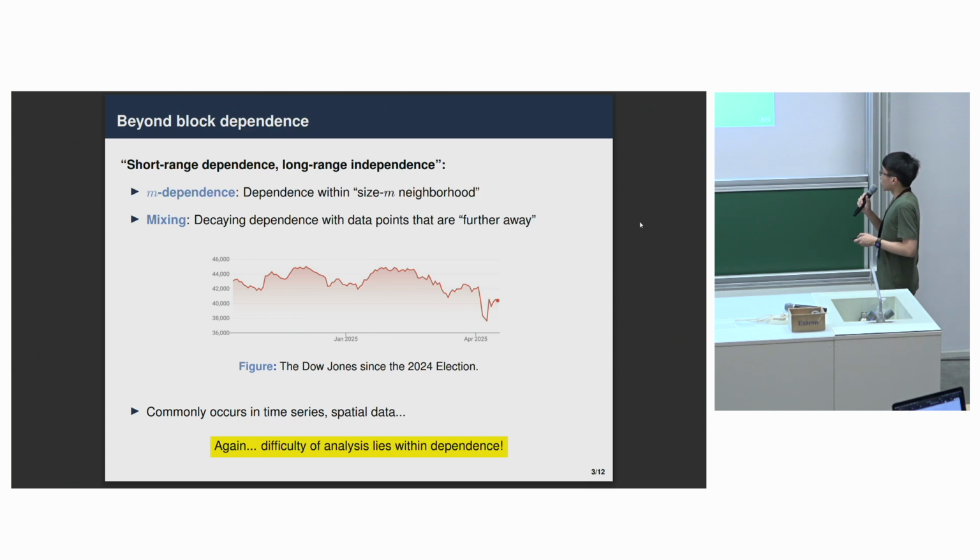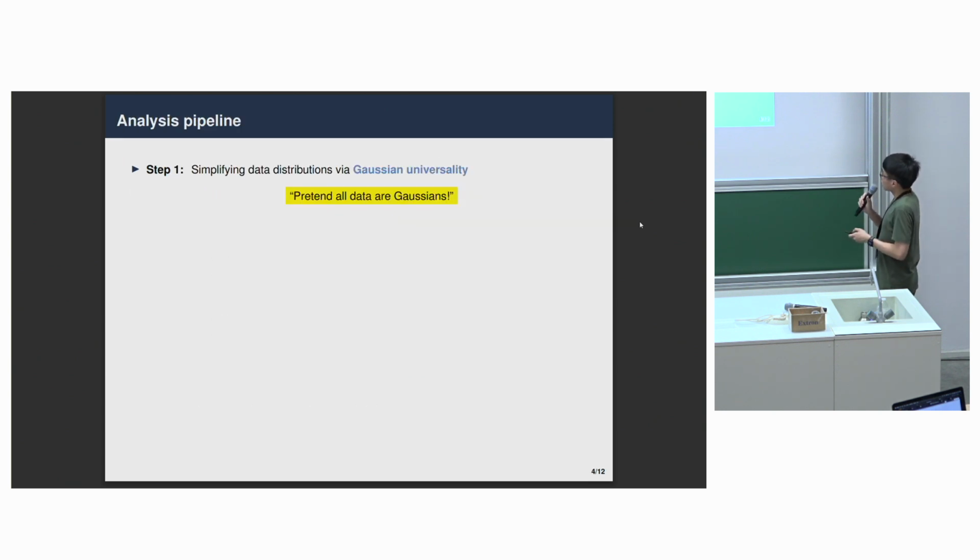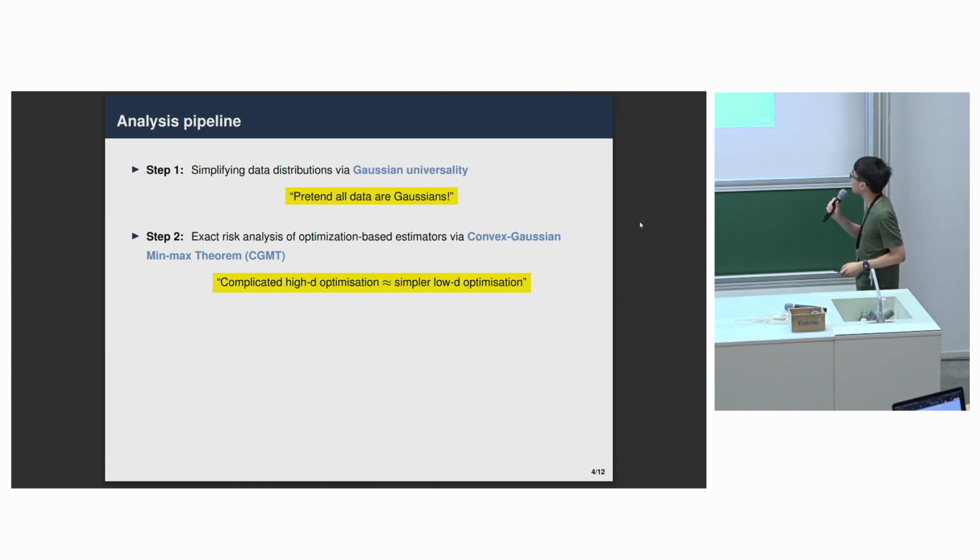Right. So if we do not care about dependence for once, and we are just caring about analyzing high-dimensional data in the context of ML-based estimators, there's actually quite a lot of modern tools that are being developed that could help in this case. So one of these is what's called Gaussian universality. I'll make that precise in the next slides, but this is essentially a set of results that says, when you analyze your estimators, you could pretend that all your training data are Gaussian, which relates to one of the questions that was asked in an earlier talk.